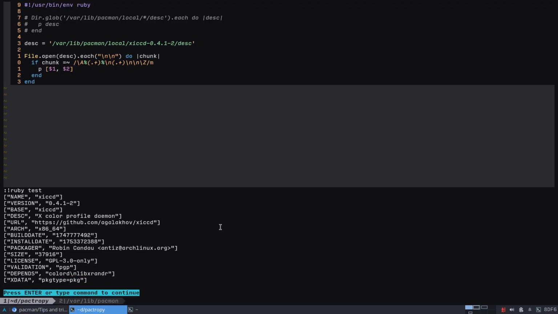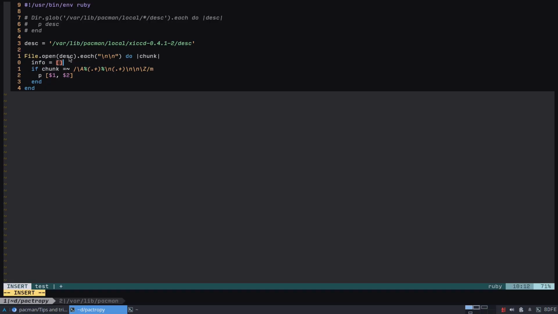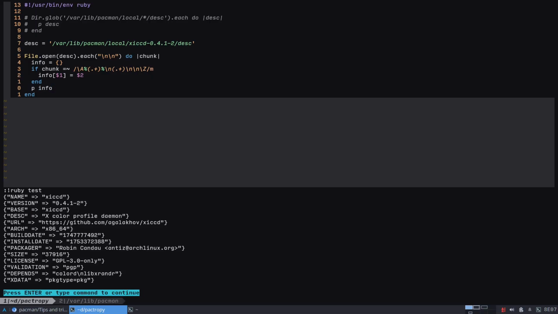And now what we're gonna do is we're gonna add each one into a hash table. So we're gonna add a hash table, and then info, the key is gonna be the same thing as value. And then we're gonna print the hash table, the hash. So now we have name, version, base. Now